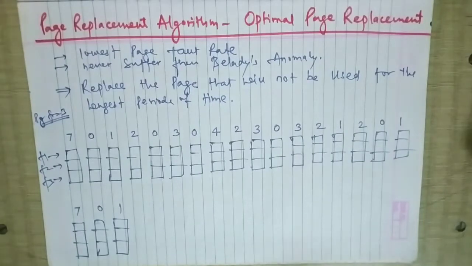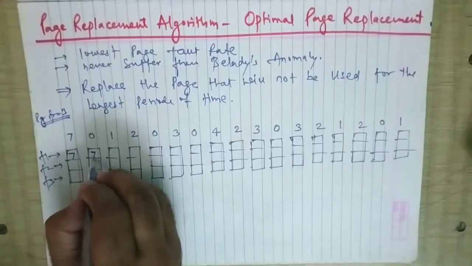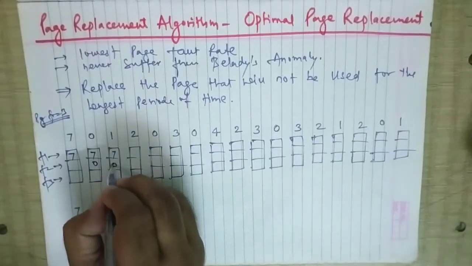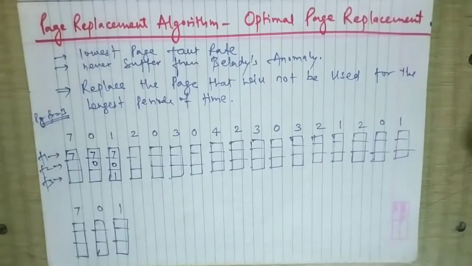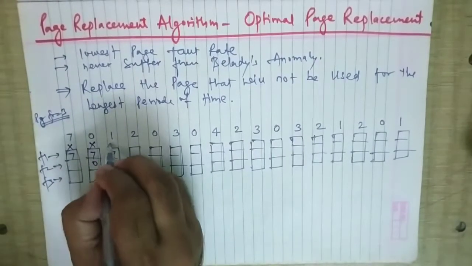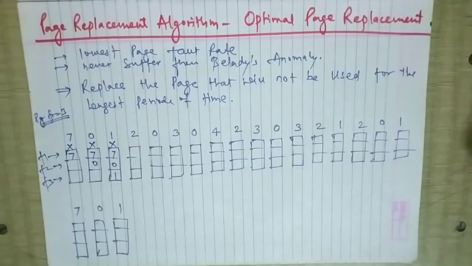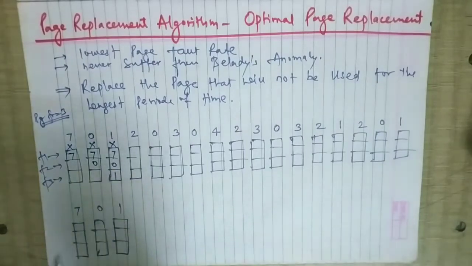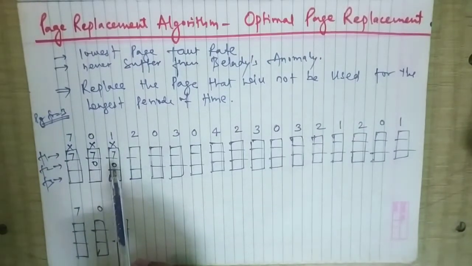Starting with the first, 7 will come over here, 7 0 will come over here, 7 0 1 will come here. Up to this point it was okay. It was a miss, and it was a miss. Now 2 will come. So 2 will replace which page? Now you need to find that among 7, 0 and 1,